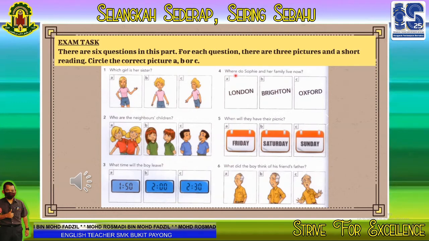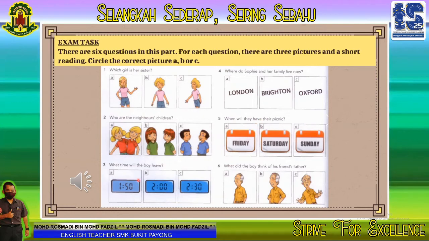Because it asks, where do Sophie and her family live now? Where are they living now? When they are talking, where do they live? They have not moved yet, and they come from another place. But now, where are they? Same goes for question 5. They mention the days, but which one will they go? When will they have their picnic? When? Okay.